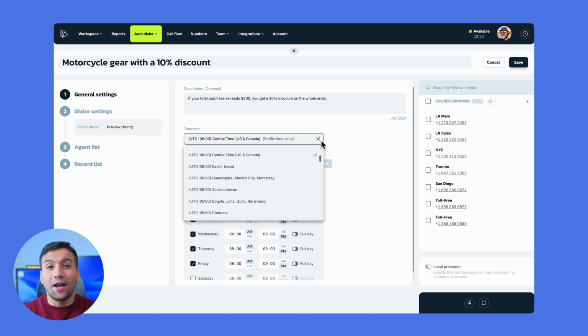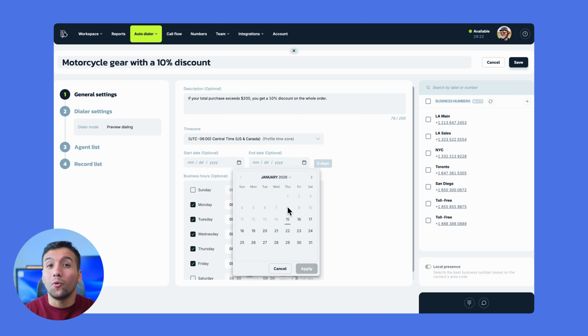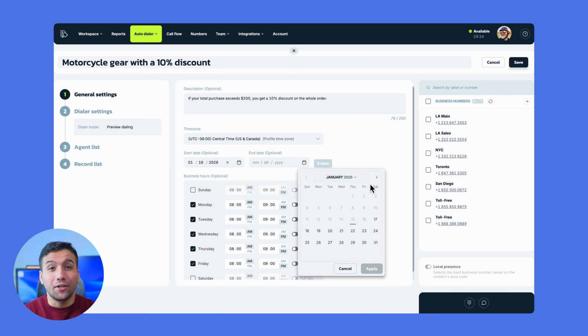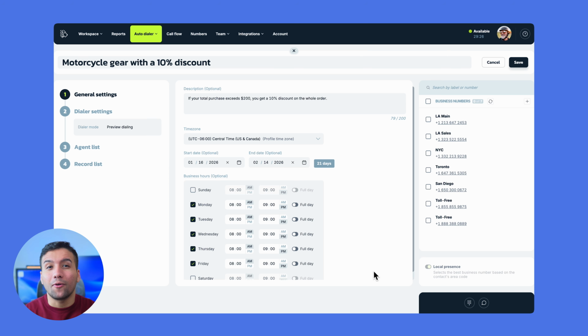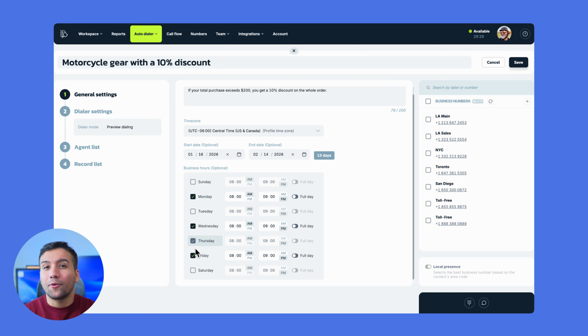After that, select the time zone in which the campaign calls will ring. Define when the campaign should begin and end, and set the calling hours for each day of the week, applied according to the selected time zone. This helps prevent calling prospects at the wrong times, improving the connectivity rate and allowing you to plan outbound efforts